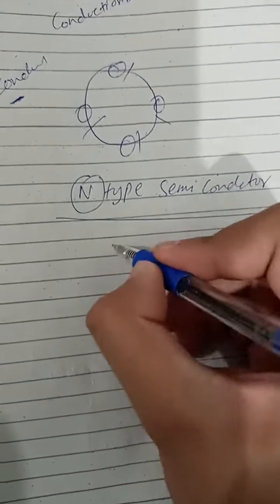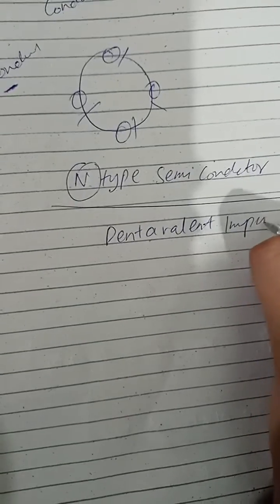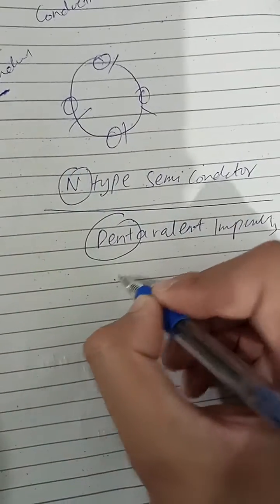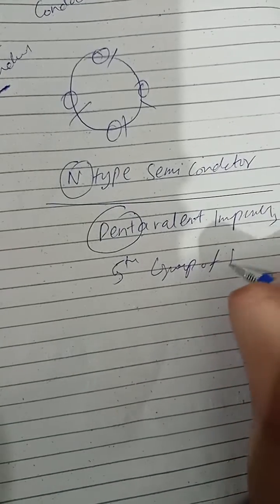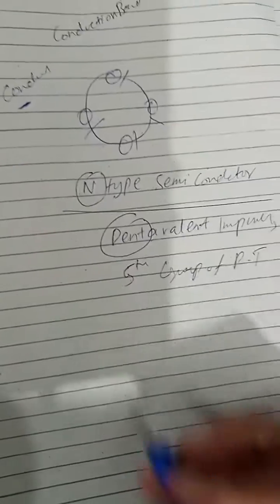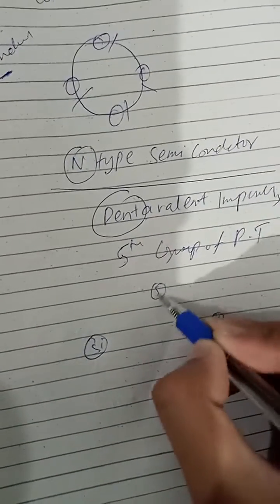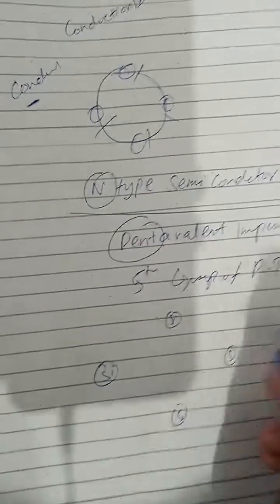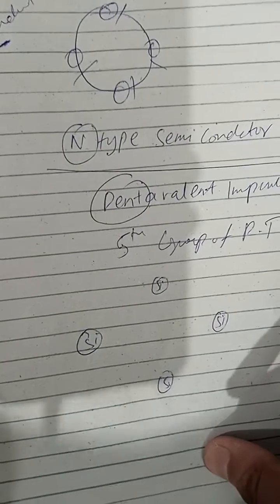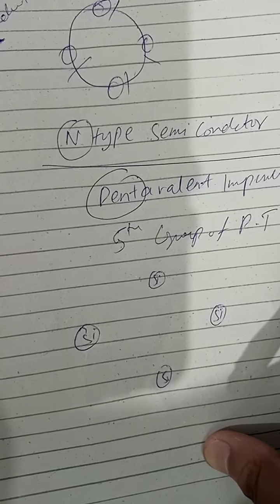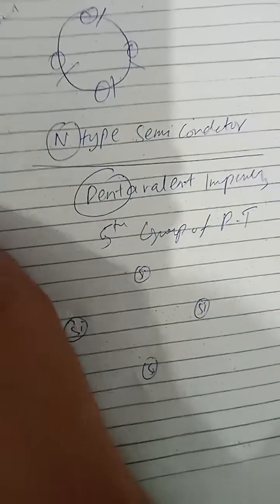So a negative type of semiconductor includes a pentavalent impurity. Pentavalent impurity means that they have substances from the fifth group of the periodic table. So let's say you have silicon here, with four of its electrons here, and from the fifth group we have another substance, another element, which is going to be there, like phosphorus now.